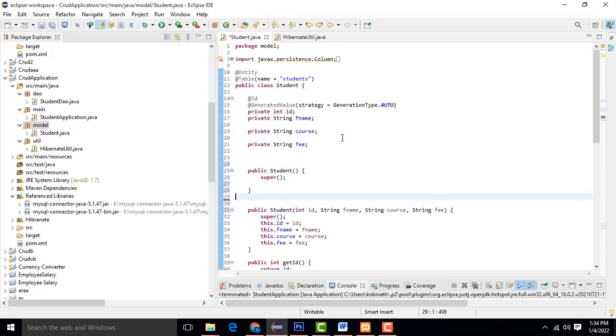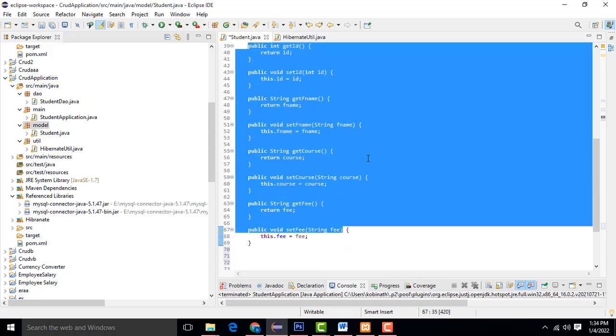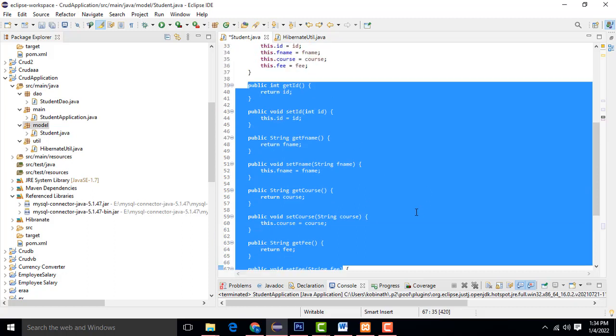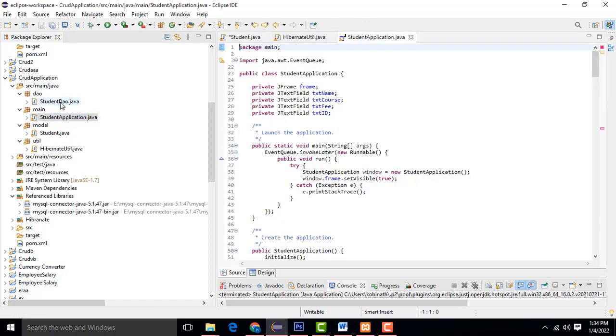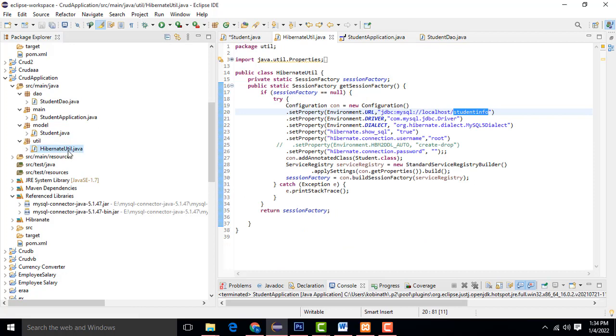This class has these attributes, and these are the methods, the get and set methods. This is how we access the data through this model. The model communicates with the database, gets the data into the model, and passes the data into your application. This is the connection.